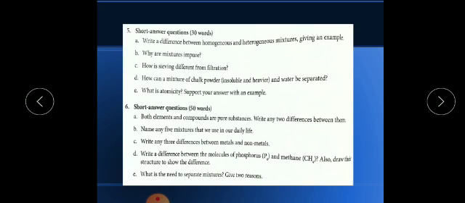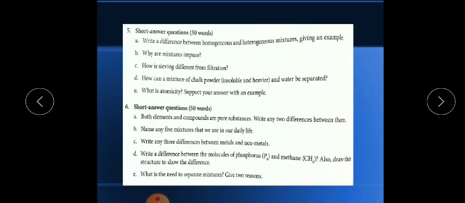The second difference is that sieving is used to separate the components of a mixture which are of different sizes. Based on the different sizes, we can use sieves with pores or holes of different sizes. For example, gardeners use different sieves, or a bigger one, to remove the soil.